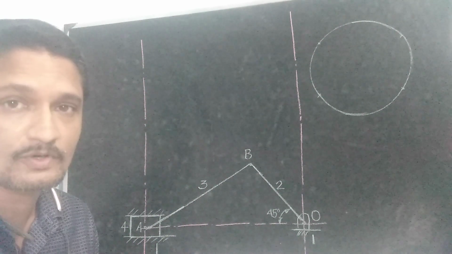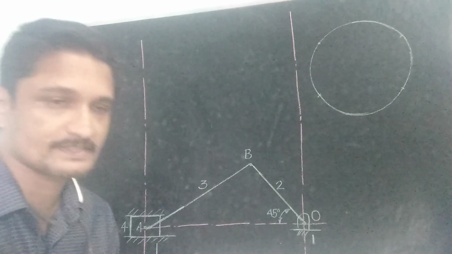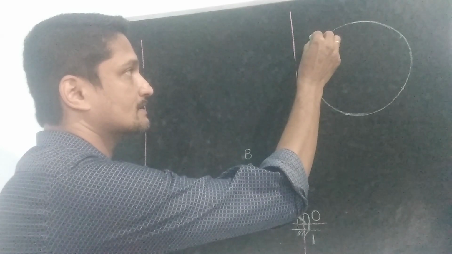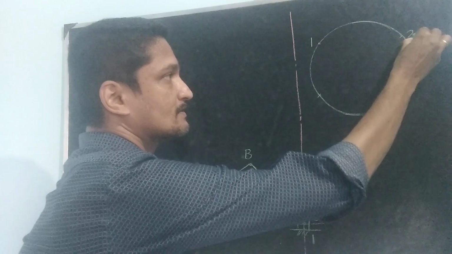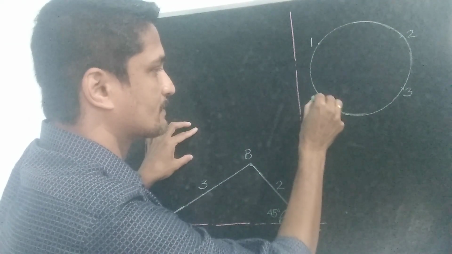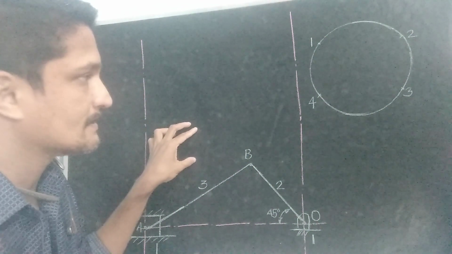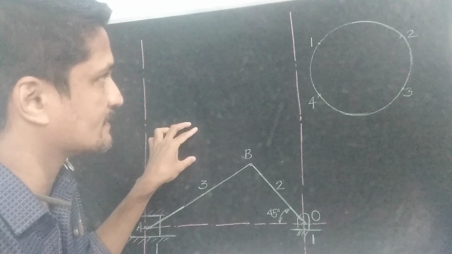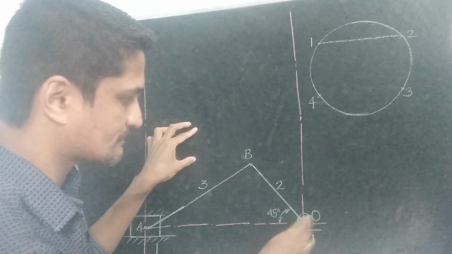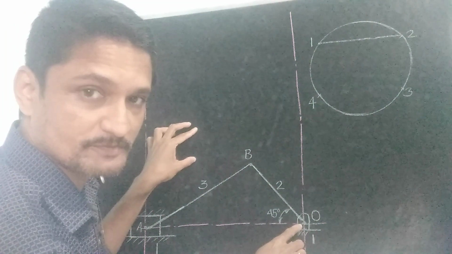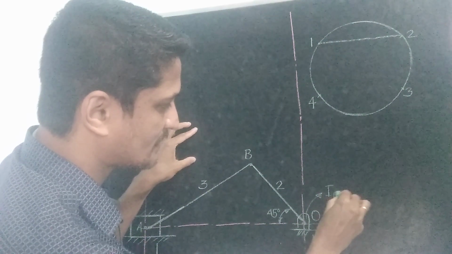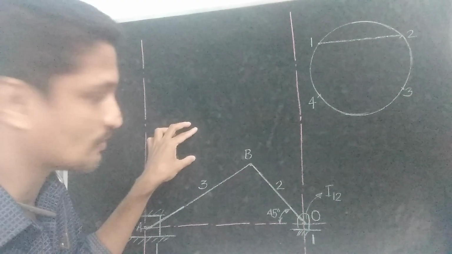Here we can draw a circle diagram first, representing all the links. The number of links is equal to 4, so we can represent all 4 links by 4 points on a circle. Then first mark the instantaneous center I12. The instantaneous center with respect to 1 and 2 is this pin joint, so this point will become I12. I12 is this point, the pin joint at O.